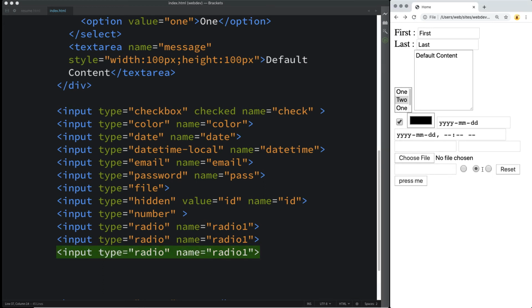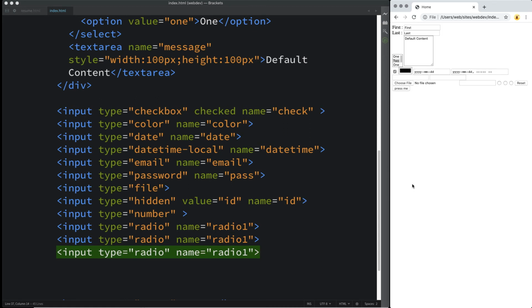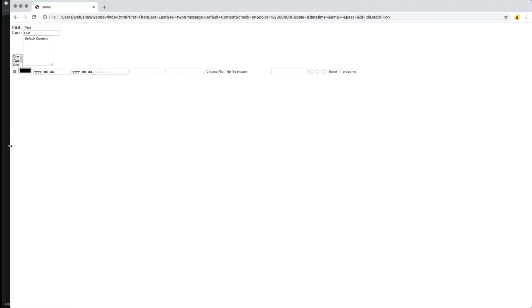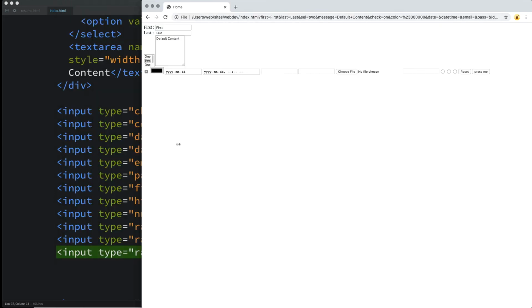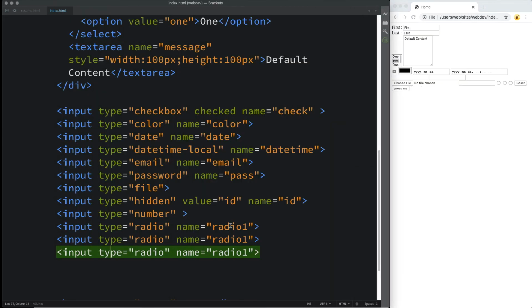So we've got three different radio buttons, and in order to have the effect where you can only select one of them, you give them the same name. Once it gets submitted, the radio button will just have a value of on because we haven't specified any value for any of them. You can, as well, specify values, and then this will be passed in for the radio button that was selected by the user.